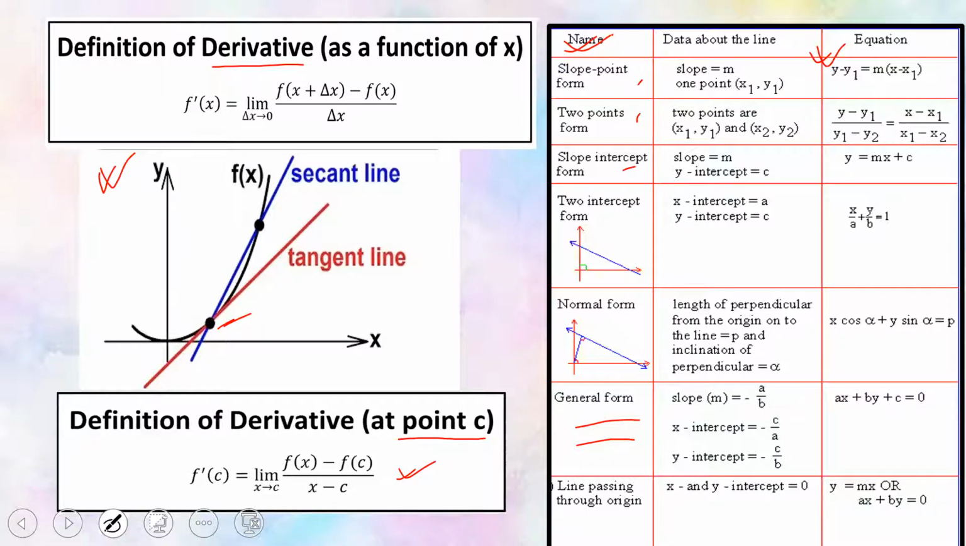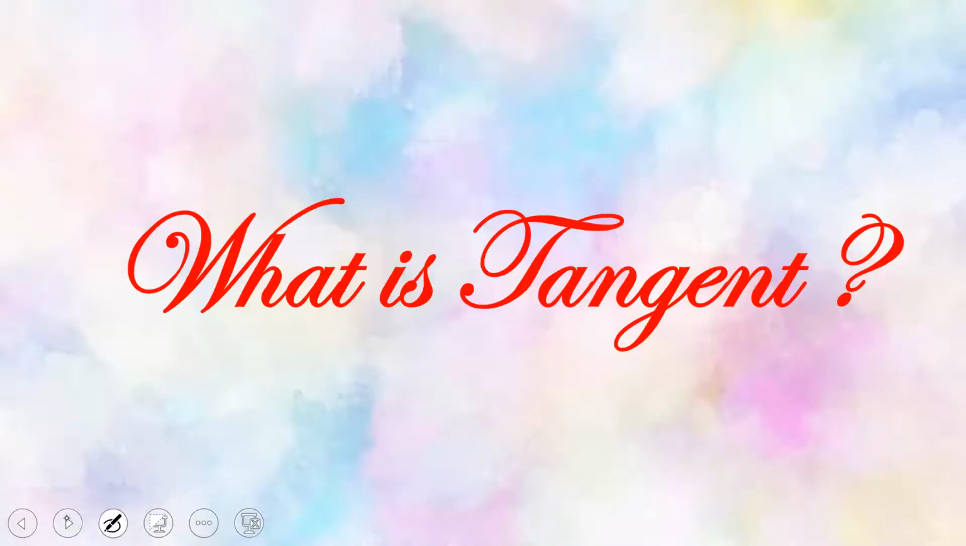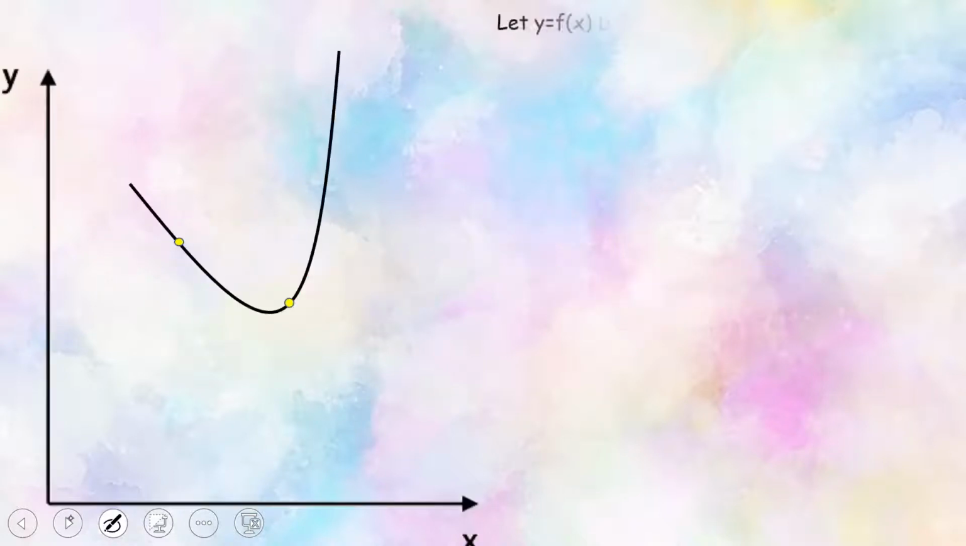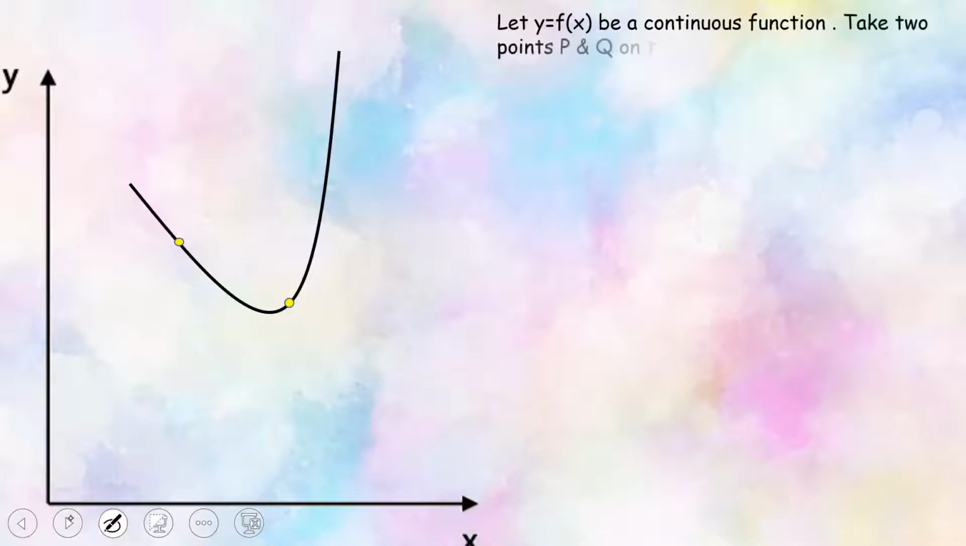Now start the tangent and normal chapter. First is, what is tangent? Now we all know the geometrical meaning of derivative is the slope of the tangent. Now how could I find this value of the slope and the equation of the tangent? Let's check. Here I am taking the function y is equal to f(x), definitely continuous at a certain interval, and